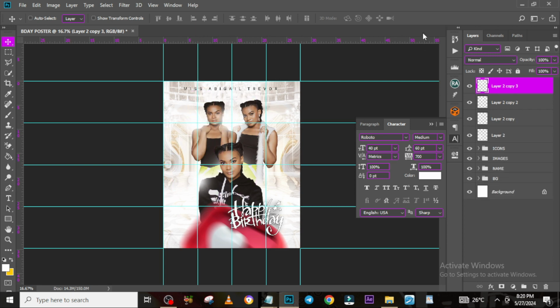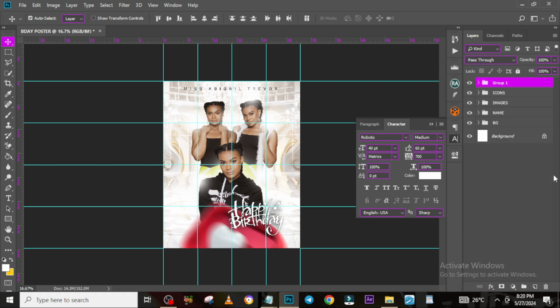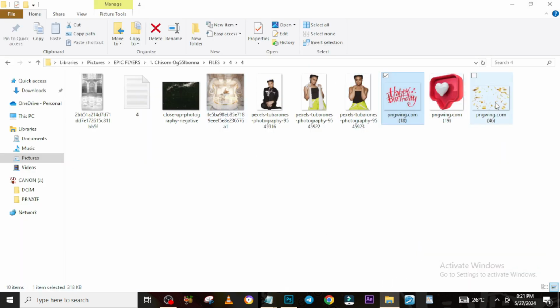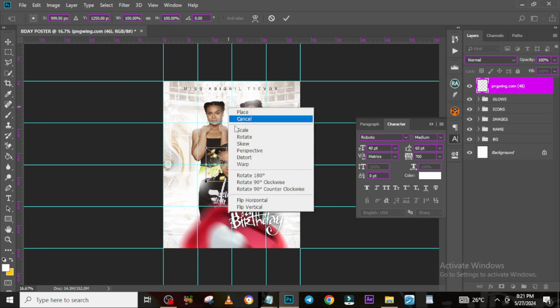Good. Duplicate it by Ctrl J, drag it on top of the hair. Duplicate it the same way, drag it on the shoulder here. Nicely. Duplicate it again, and then let's drag it somewhere here. Let's put everything in a group, and then let's call it glows. Also, let's bring in a ribbon, and then drag it into Photoshop, and then right click it, and then